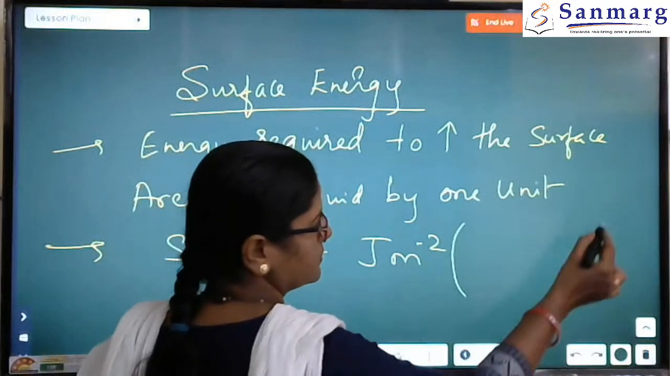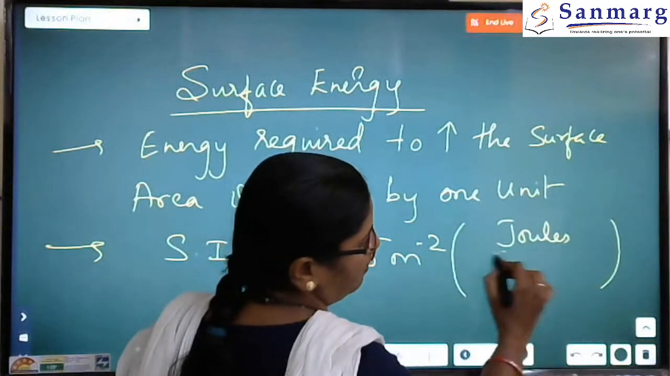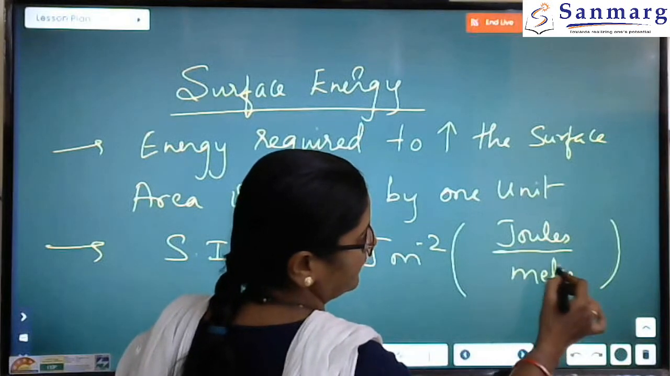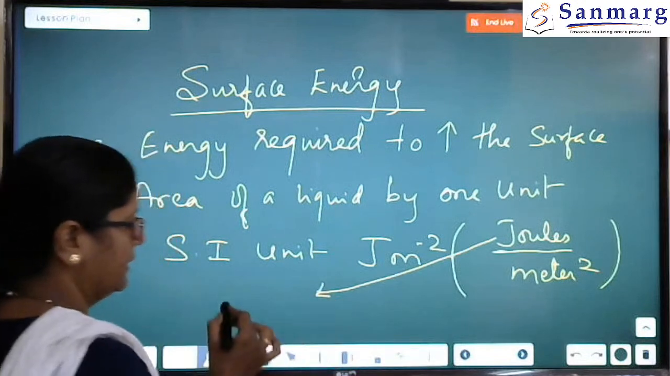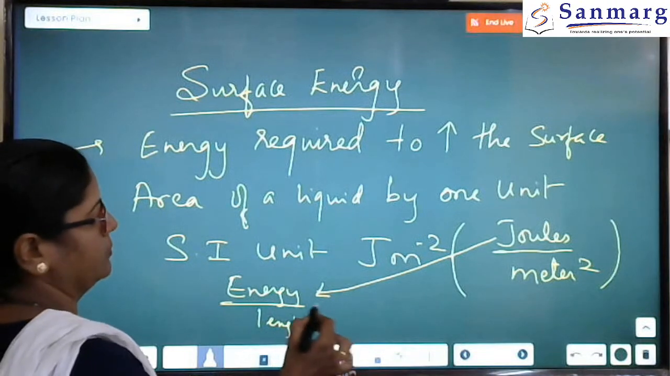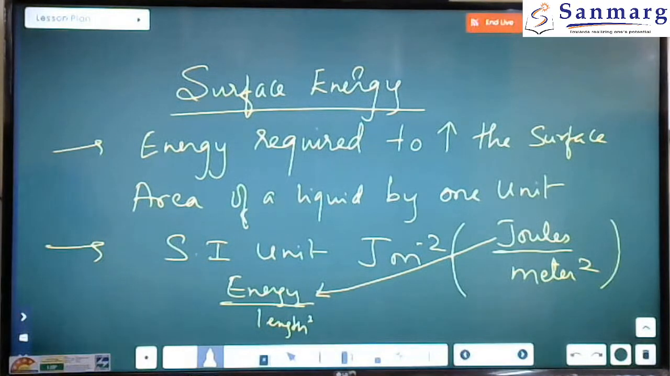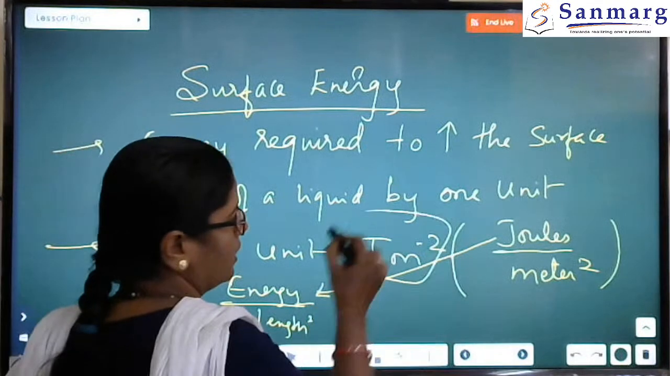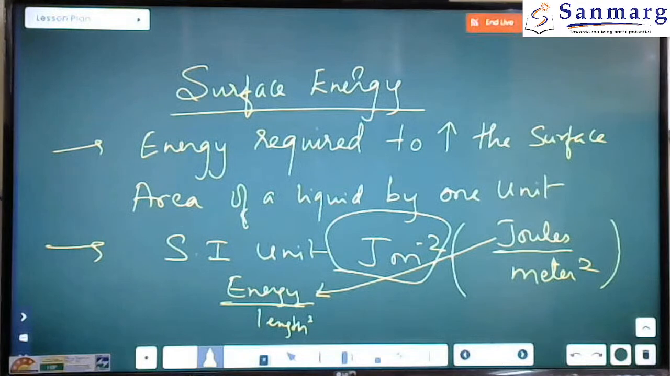So it can be written as joules upon meter square. Joules is a unit of energy, and the unit is per length square. So energy required to increase the surface area of a liquid by 1 unit is called surface energy. The unit is joules per meter square. Now where do we apply this? Because of this surface energy, to minimize it,